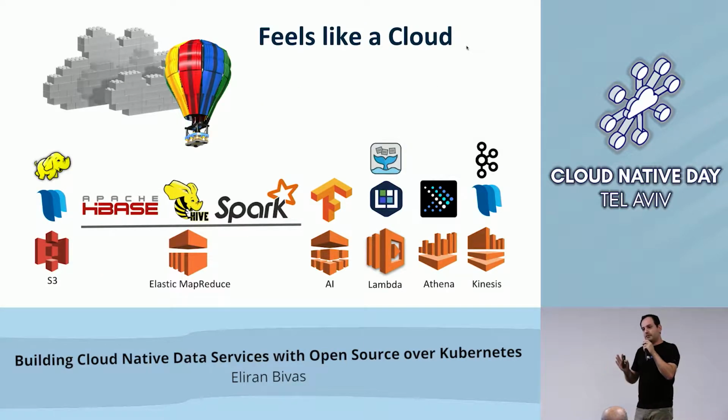Now we have something that feels like a cloud. By running everything in Kubernetes using Helm, our S3 storage is now Iguazio-based or Hadoop-compliant file system. We have an elastic MapReduce service that actually sits directly over Spark, Hive, and HBase. Everything is being managed in Kubernetes. We have TensorFlow adapters, we have Presto adapters, and of course we have our own notion of streaming, just like